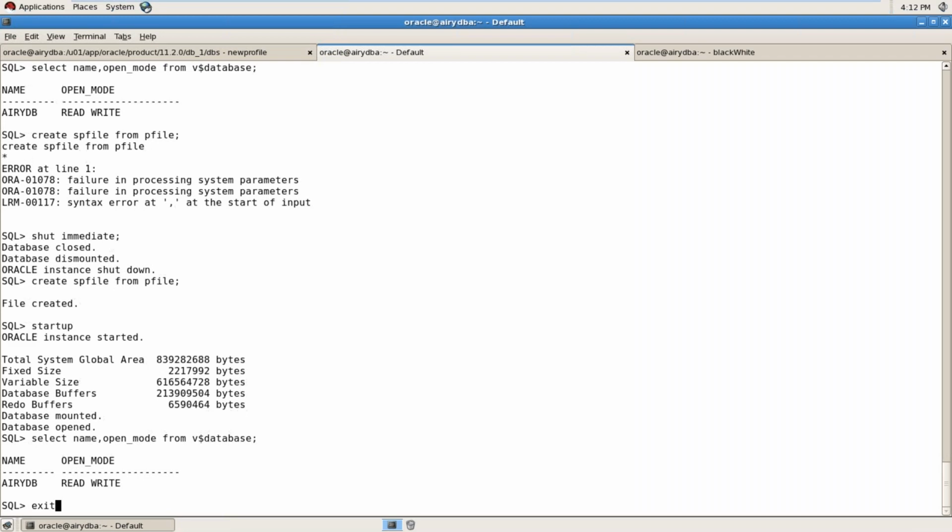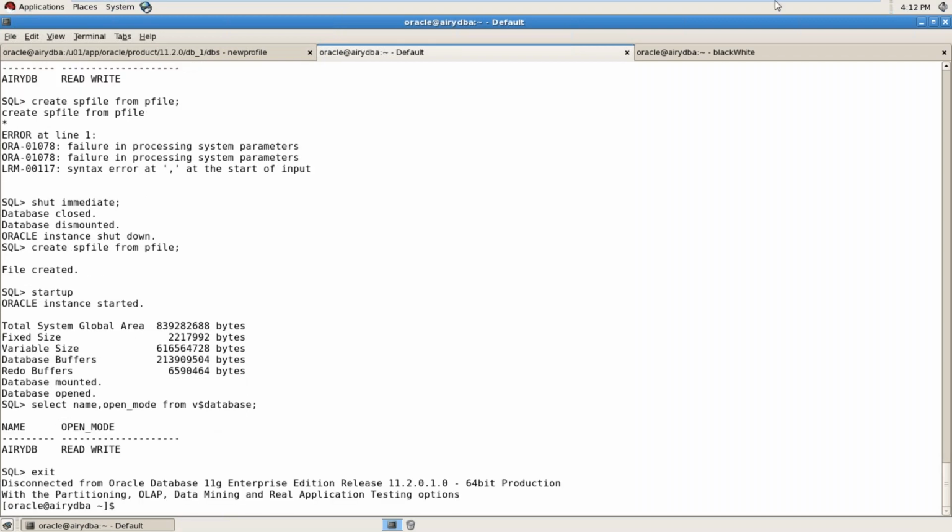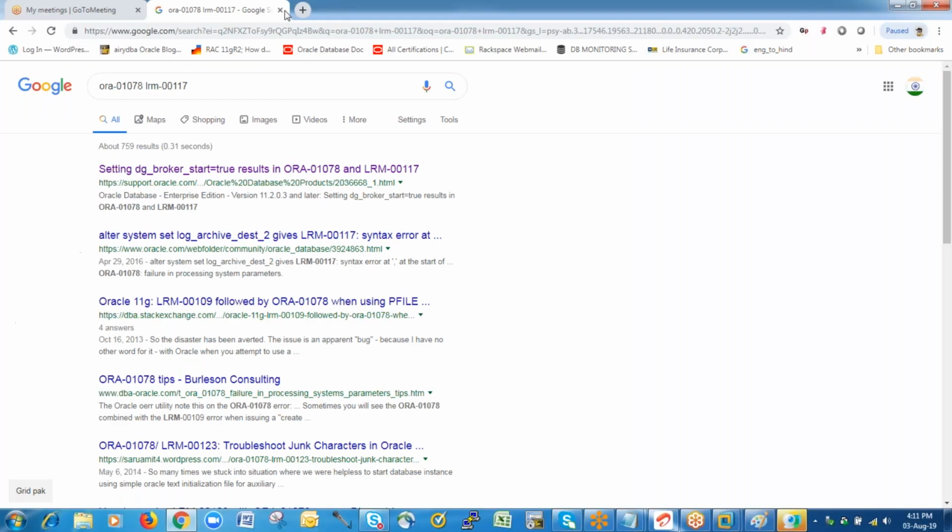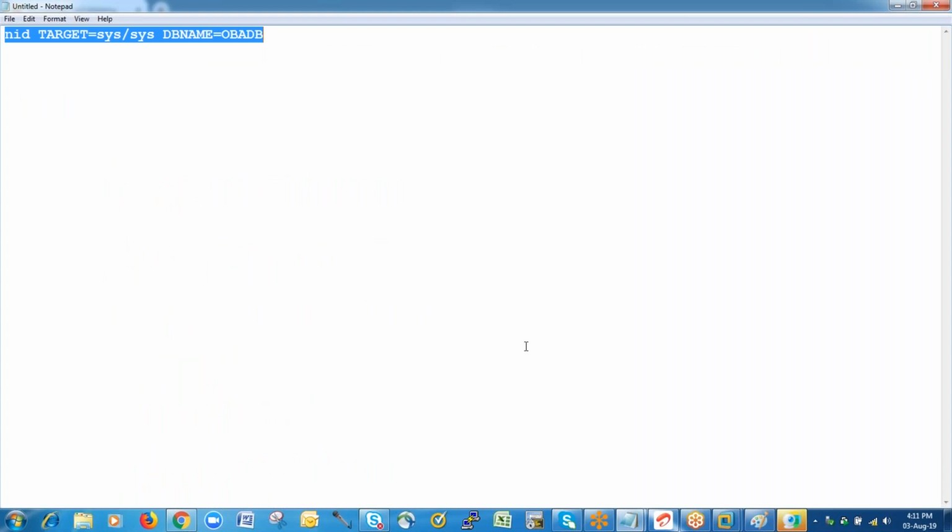The syntax is this one. Right. I will copy it. So first you have to give the target, right, and the DB name. So target is ARIDB, or you just give the password sys/sys,